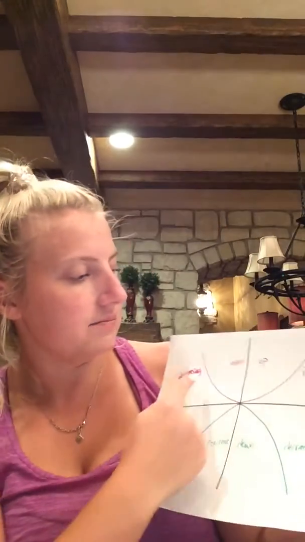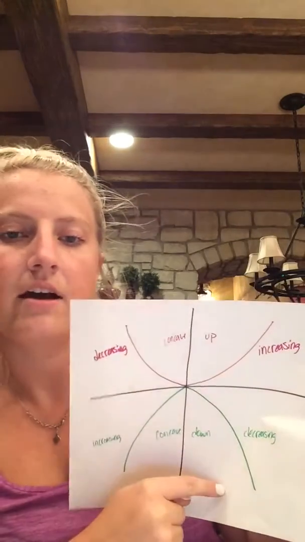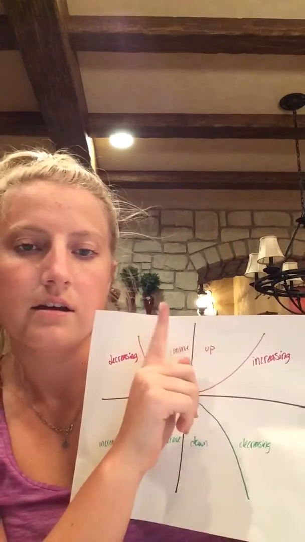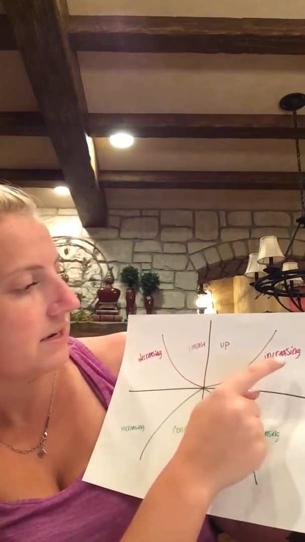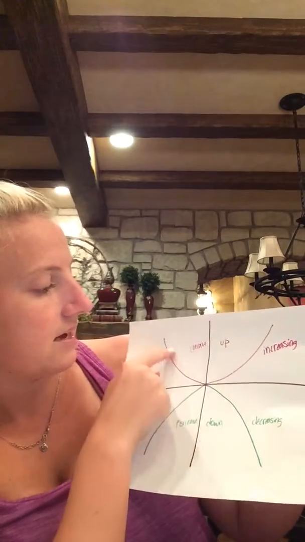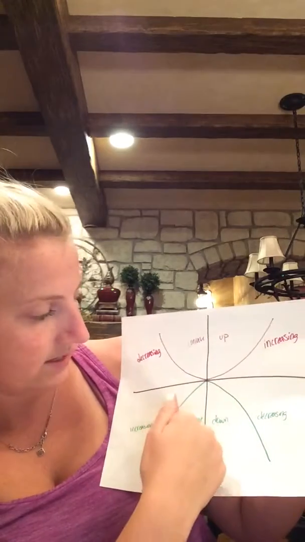For concave down, if on the interval of the domain it's curving down, then it's concave down, and the average rate of change of f is decreasing. And so I have a graph here. This is concave up, and this is concave down, because this curves up and these both curve down. This one is concave up but increasing, and this is decreasing, and this one is decreasing, and then this one is increasing